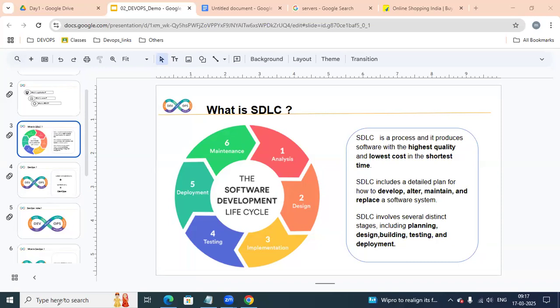In the software development lifecycle, we have several stages and several phases like analysis, design, implementation, testing, deploy, and maintenance.